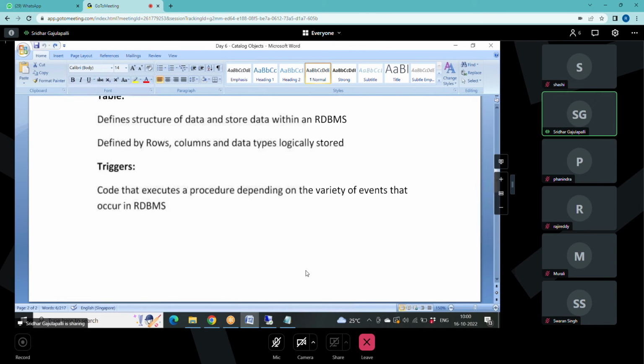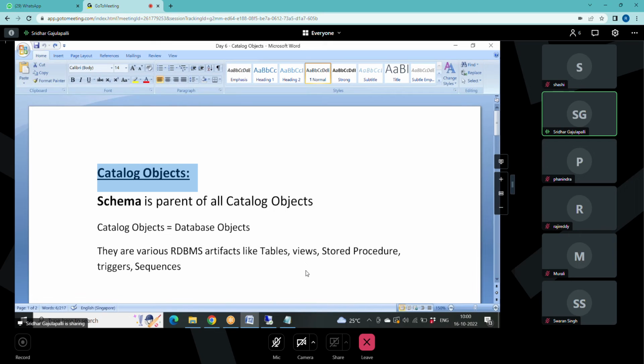Okay. So all the data in the SAP database, what do we call it? Catalog objects. So get familiarized with the word object, catalog object. Okay, let's move on to